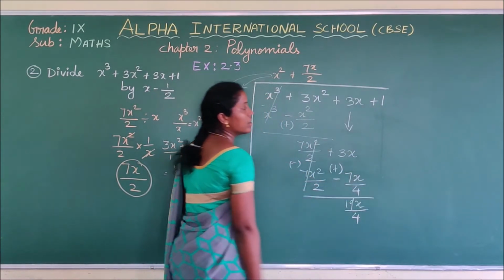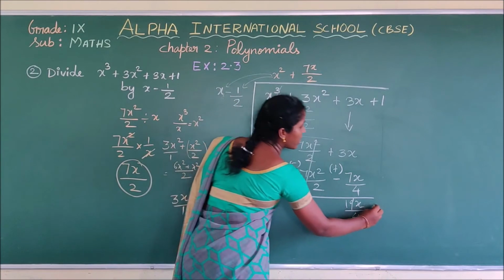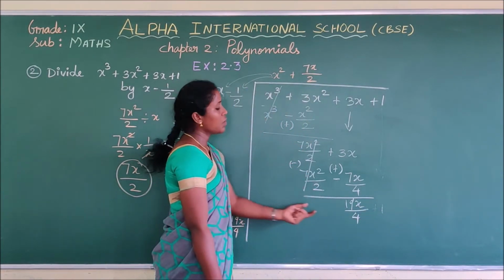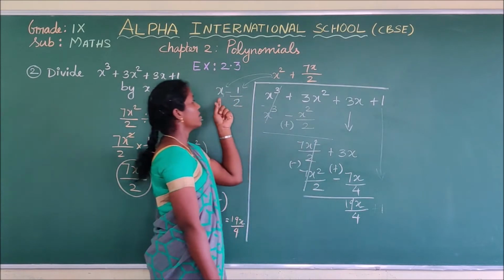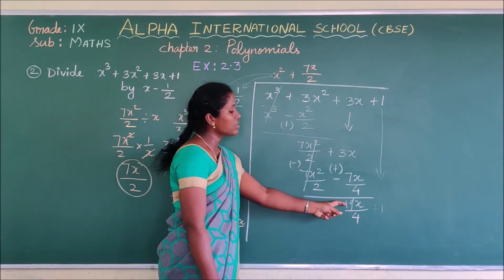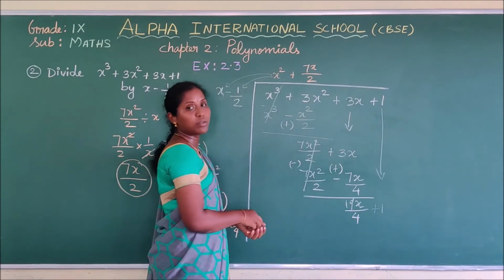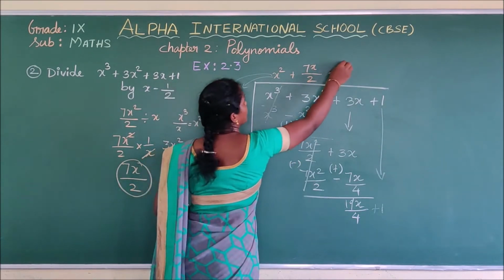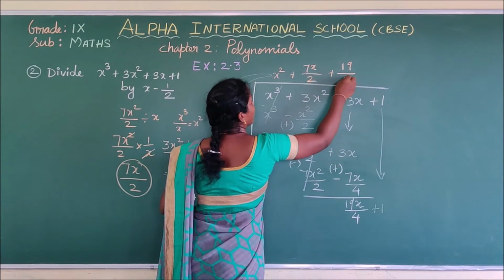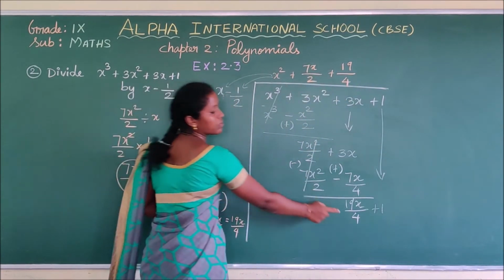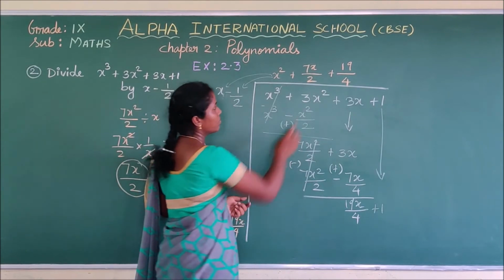What is the next step? We have to take the next number down. What is the number we are having? Plus 1. Now listen. Here the term is x. Here the term is 19x by 4. What is the number you have to put in the quotient? Plus 19 by 4. Because 19 by 4 multiplied with x will give you this first term. So multiply that